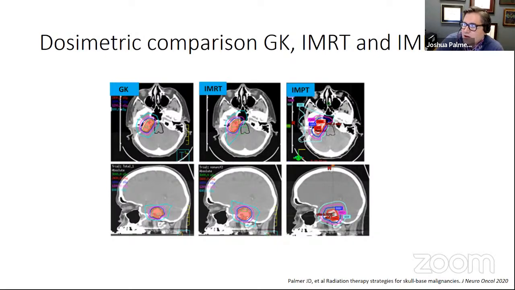In the paper we go through the different types of tumor histologies in different locations of the skull base and how we would choose between gamma knife, which is on the far left, IMRT, which is our more sophisticated radiation delivery technique, or IMPT, which is a charged